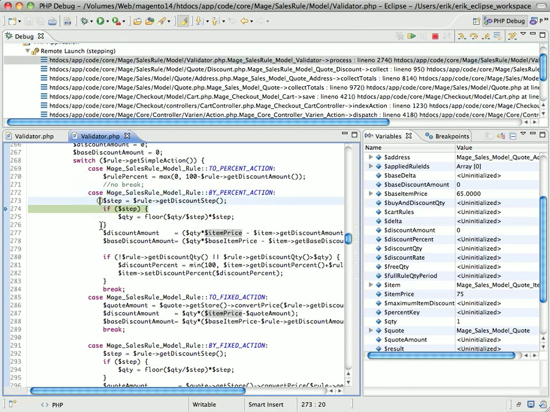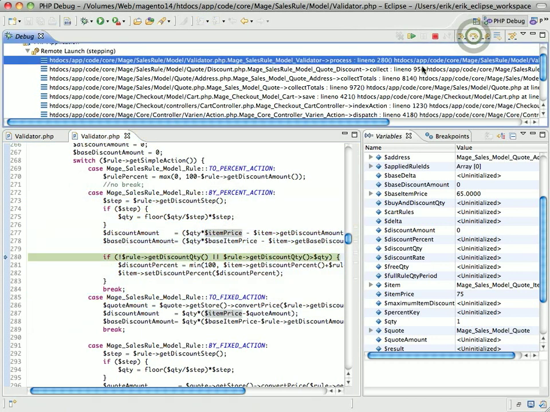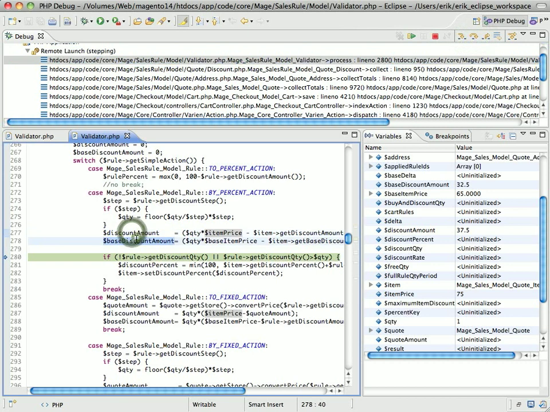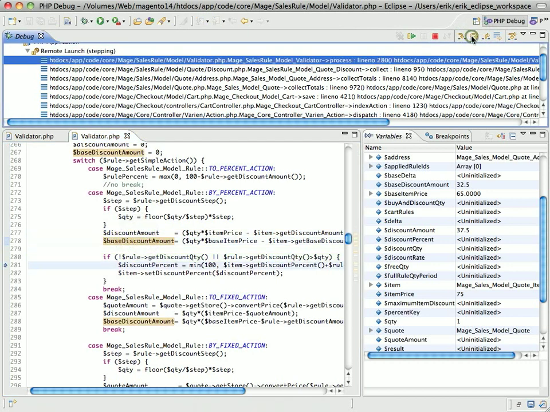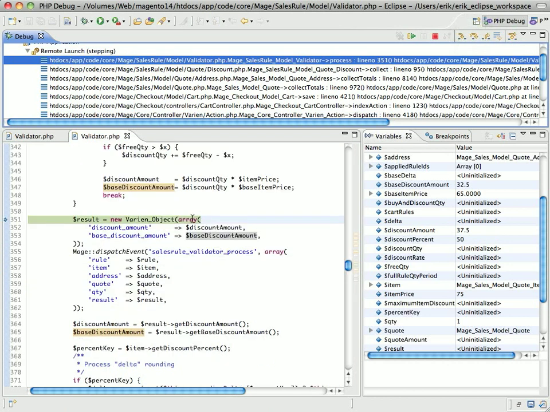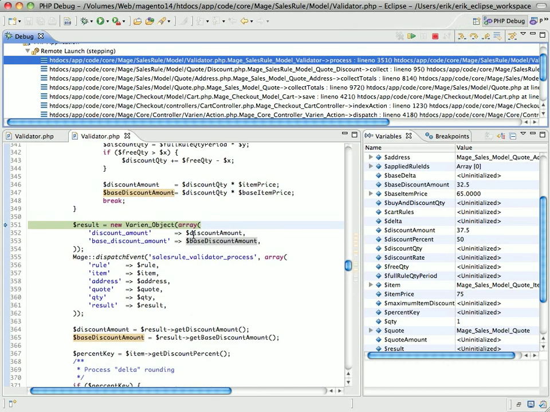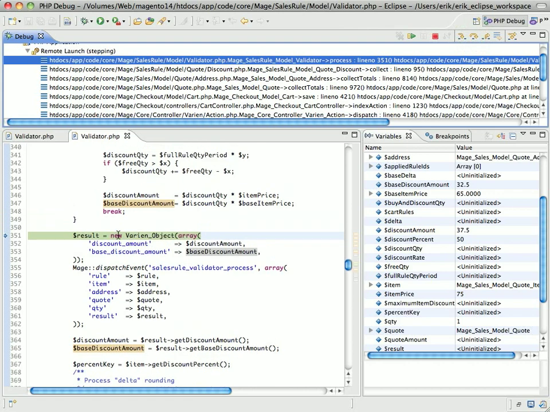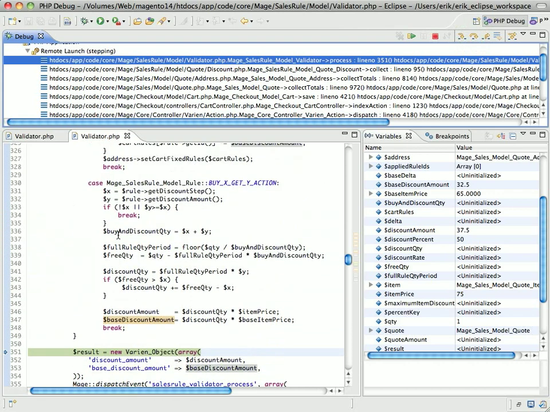So I'm going to pay special attention to this code right here, figure out how it works. So it looks like it sets a discount amount and base discount amount variables. Going to continue stepping through. Then I jump down to this next line of code here, and at this point I will have determined, okay,